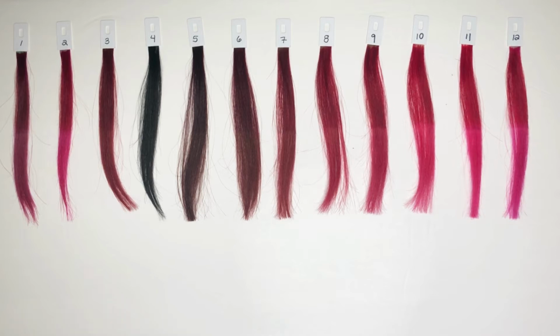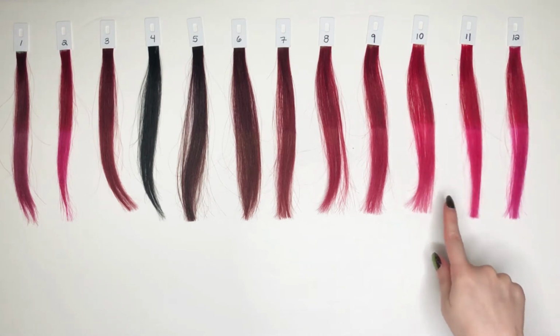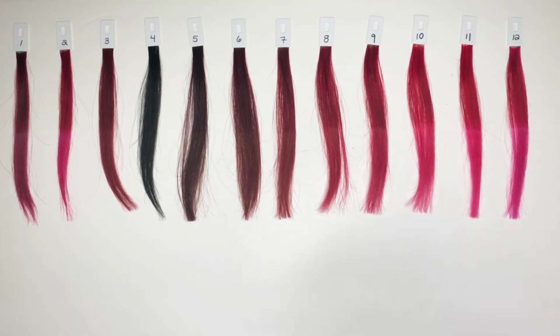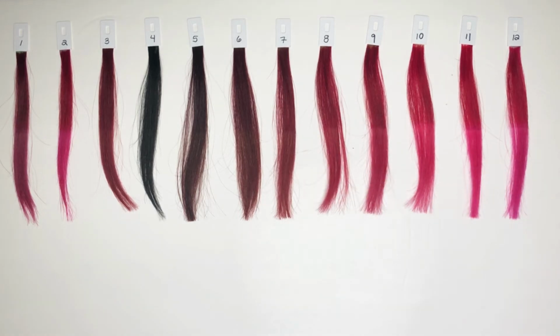I can't really see as much pink coming through till number 6. If you're looking for something a little bit more bright, I'd say you'd want to have your hair originally like 10 or 11 because those I'd say are the brightest on both the top and the bottom. While on 7, 8, and 9, it has a slightly more soft look to it, especially on the diluted sections